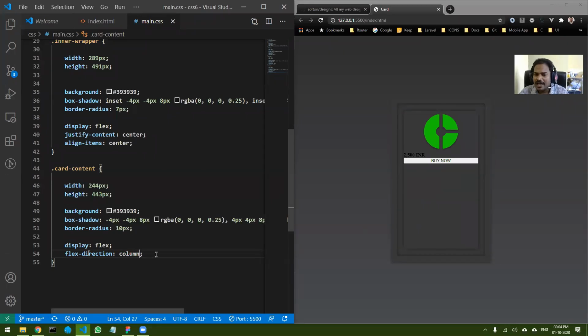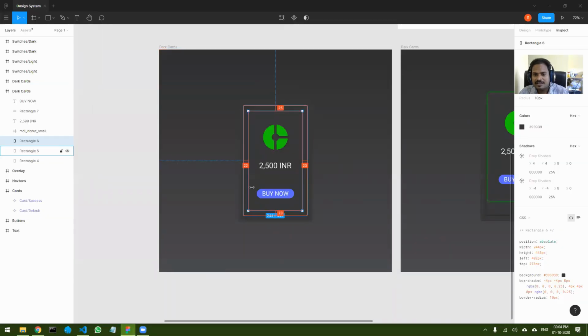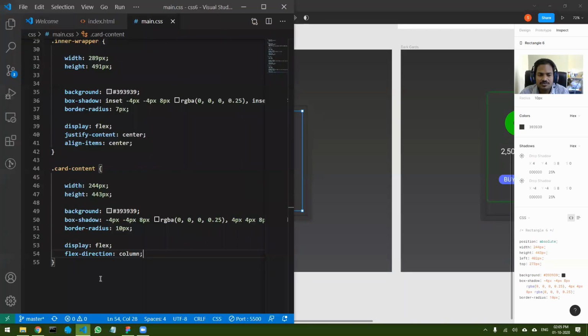But now it does not have space, right? If you look at the Figma file, you can see it has space between, right? So how should I do that? Anyone? How should I add space?